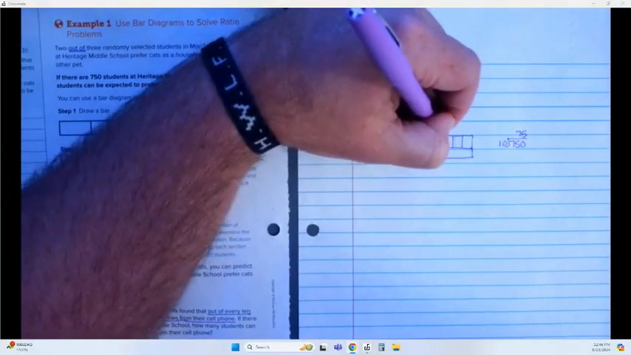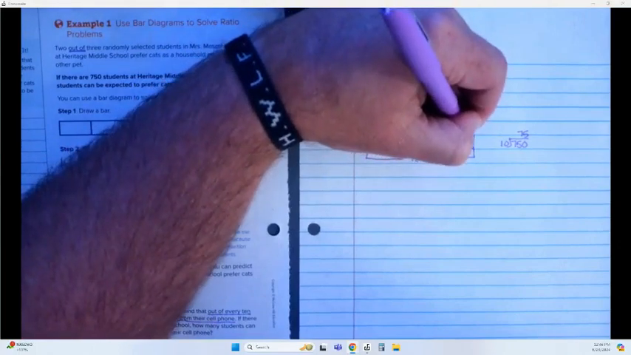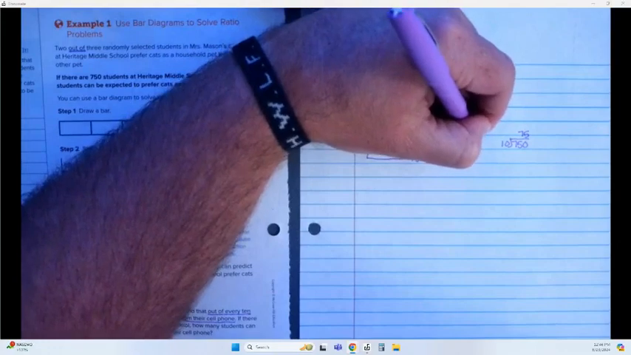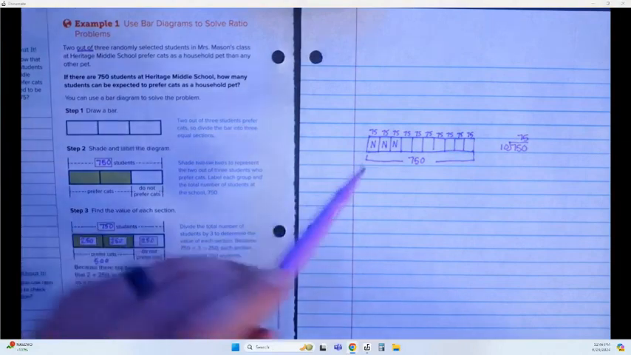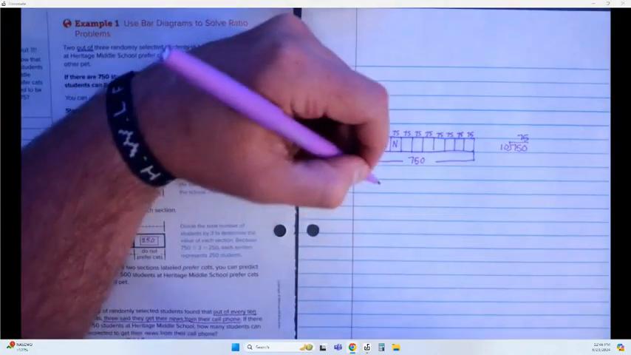My problem wants to know if 3 out of 10 students get their news from their cell phone, and there are 750 students in the school, how many of those 750 get their news from their cell phone? Well, 3 of my 10 got the news from their cell phones. We have 3 boxes that are now represented by 75. So we're going to do 75